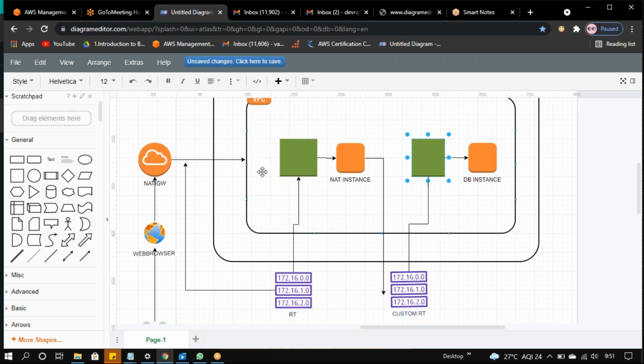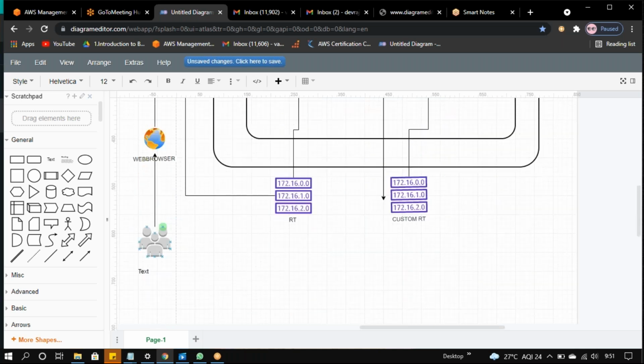Did this come from this one or not? It will maintain log sessions. So it came from this VPC only, and then it will redirect to this. Here one concept comes in: DNS, Route 53. It will convert it and give it to the web browser, and the end users will access that.